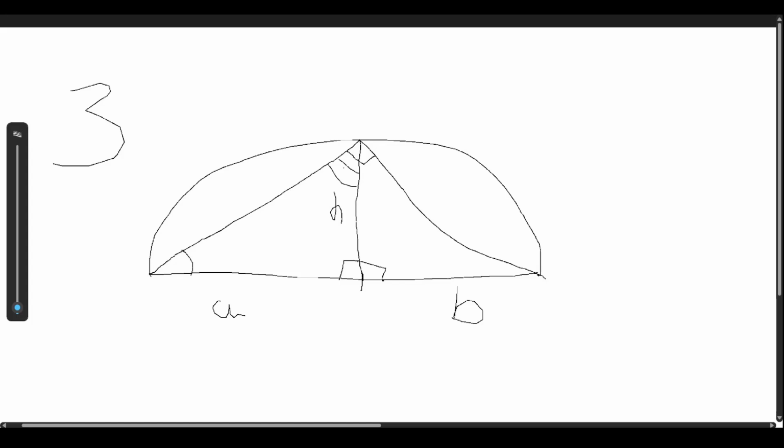I think it's the line partition segment theorem. We get that this part must also be one tick. Then this part must also be two tick. Then we can use some trigonometric function or just similarity to get some relationship. Namely, if we do tangent of one tick here, this thing is going to be h over